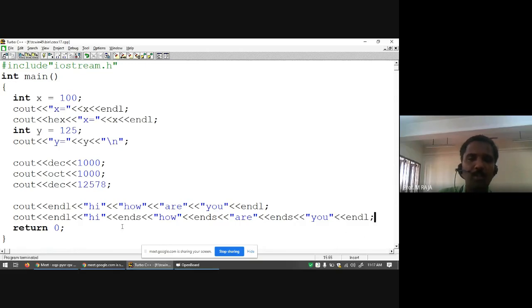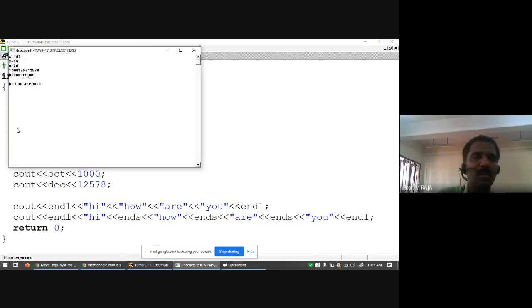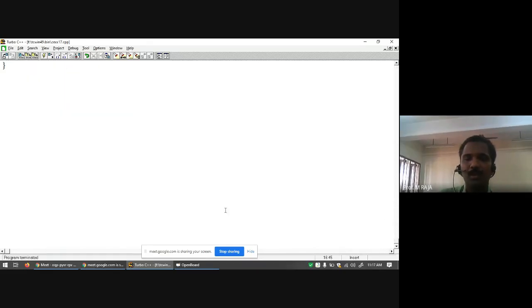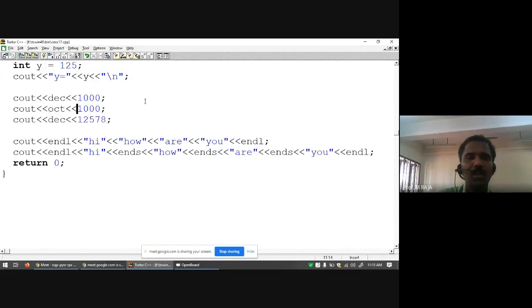So it seems the output right after ENDS, one space occurs. Control F9. One space, right? Space after each word. The space occurs because of the manipulator ENDS. The purpose of ENDS is to output a space. In case you want to introduce ENDS many times, for example, cout less than ENDS,